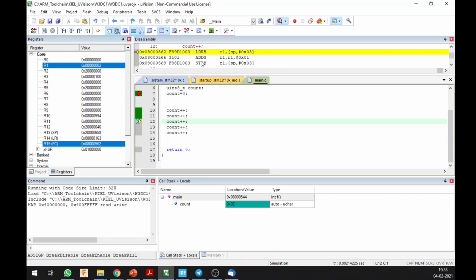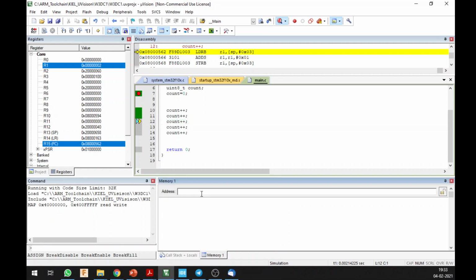Again, what it is doing is load, add and store. For doing this, it is loading the data in from a stack pointer offset by 3. My stack pointer over here is 658, and if you want to see where it is, you can go to the memory location and add this address. It is hexadecimal 0800, and then you have 2, and then you have an offset of 3, so 2 plus 3 is 5.